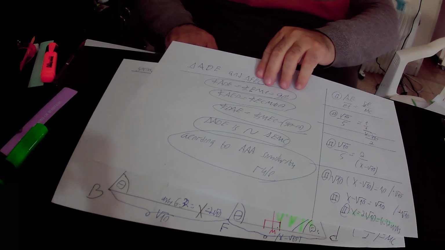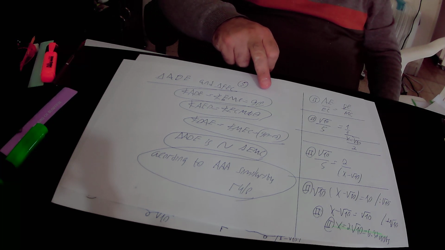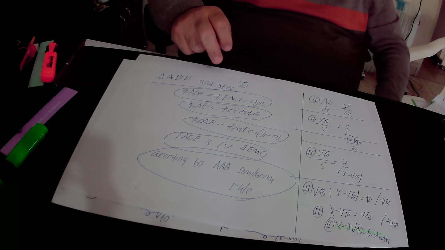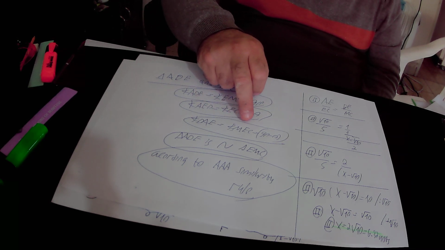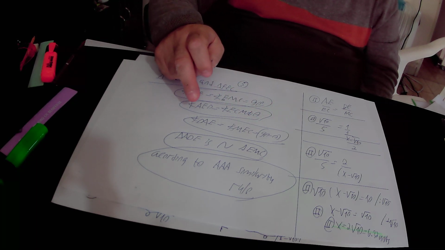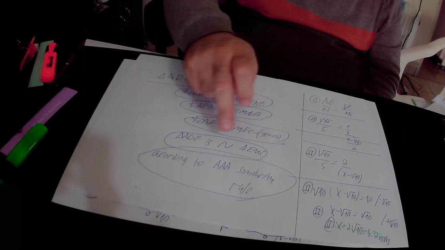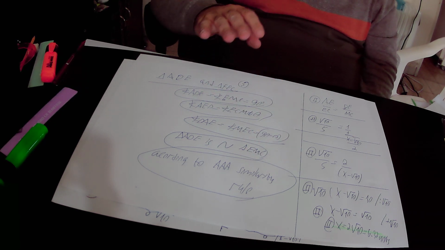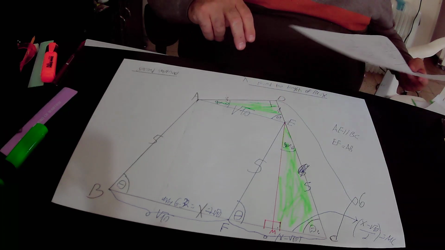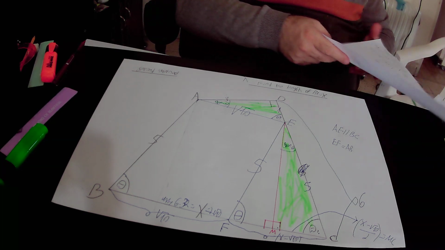Okay, I repeat again. We have angle ADE equal to angle EMC, both equal to 90 degrees. Angle EAD equals angle ECM, and they are both equal to theta. Angle AED equals angle MEC, and they are both equal to 90 degrees minus theta. Therefore, the right triangle ADE is similar to the right triangle EMC according to the angle similarity rule. And from the fact that those two right triangles are similar, we will derive that